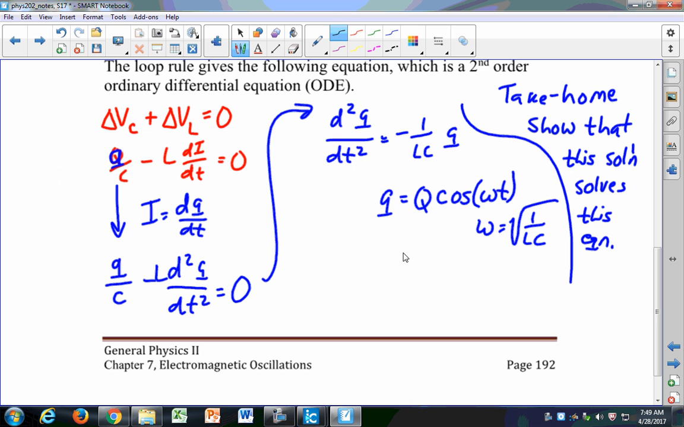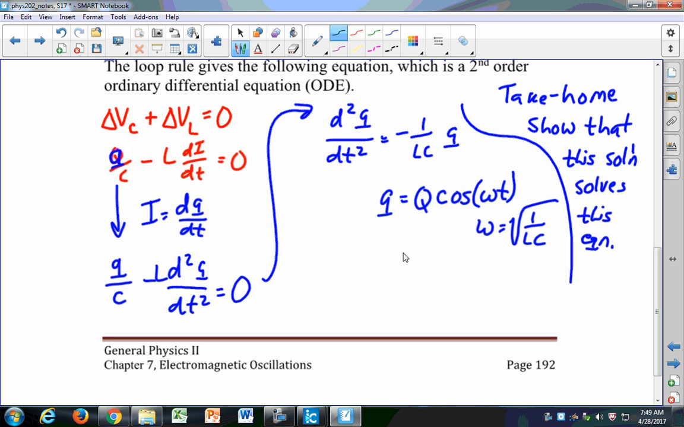And it looked like this. I gave you this function. I gave you the second order differential equation, and I gave you the solution for that differential equation along with the angular frequency, that is, what is the value of omega. I just want you to show me that this is a possible solution to this